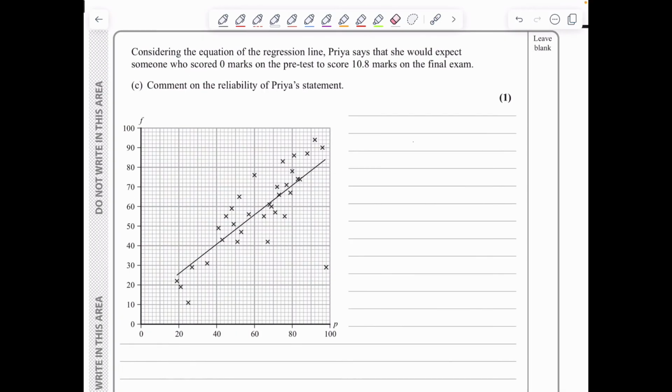0.748. Now, considering the equation of the regression line, Priya says that she would expect someone who scored 0 marks on the pre-test to score 10.8 marks on the final exam, and we need to comment on the reliability of this statement. So essentially, she's predicting the final exam score for someone who scored 0 marks. However, as you can see on our scatter plot here, we have nobody who scored less than 20. And therefore, we can simply say that since 0 lies outside the range of observed data, this statement is not